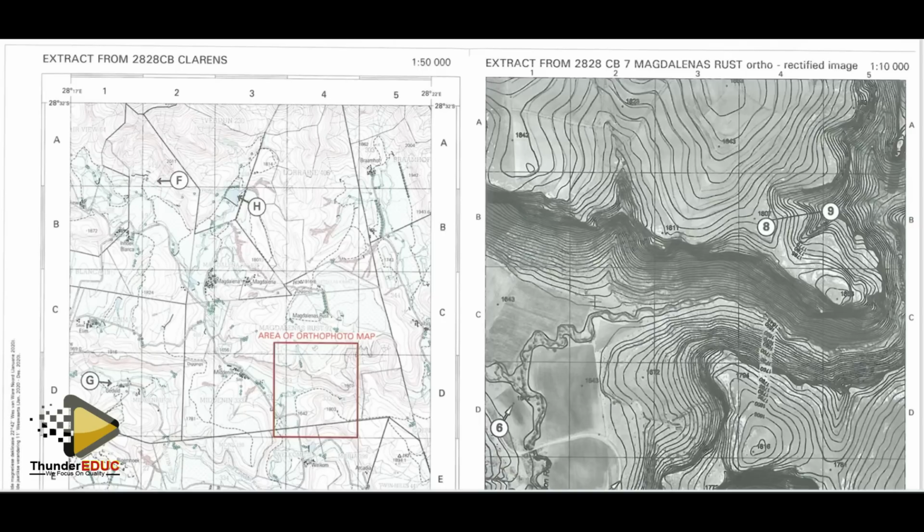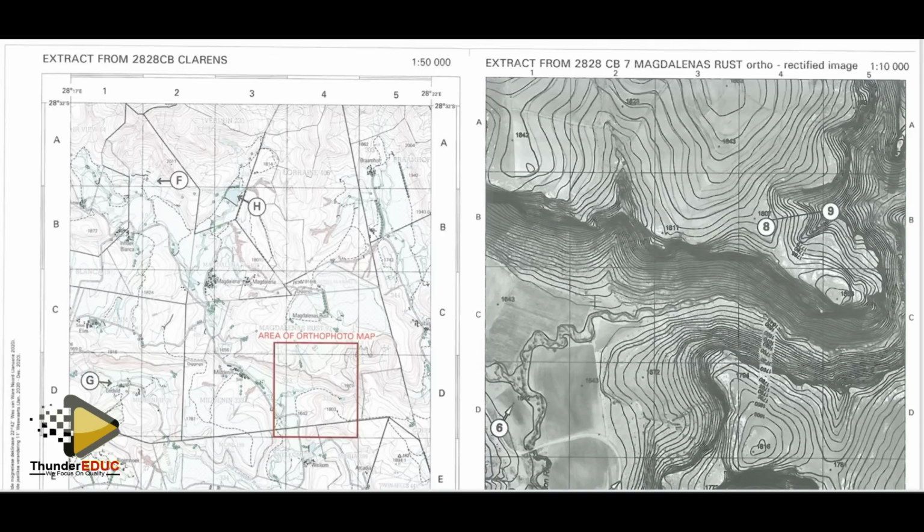So the clue that we use here to find the value of this index contour line is the spot height, which is indicated in the very same block, spot height 1842. For us to figure out the height of the contour line there, we need to study the pattern of the contour lines to figure out if we are going up slope or down slope. In this instance, you can see that this spot height has a higher height compared to the index contour line.